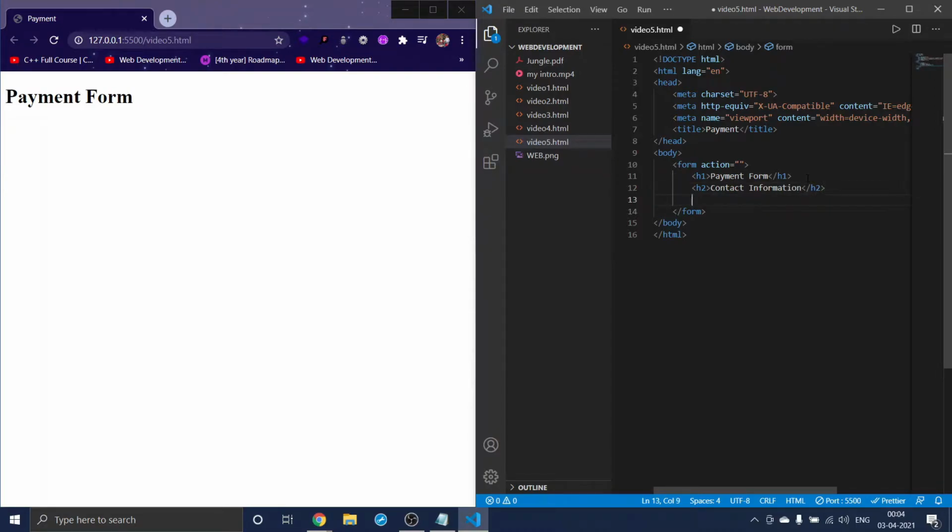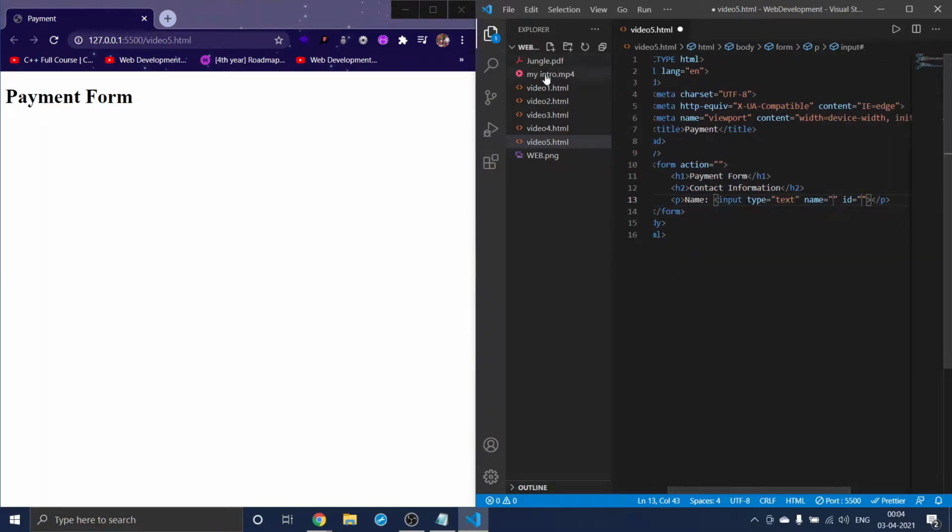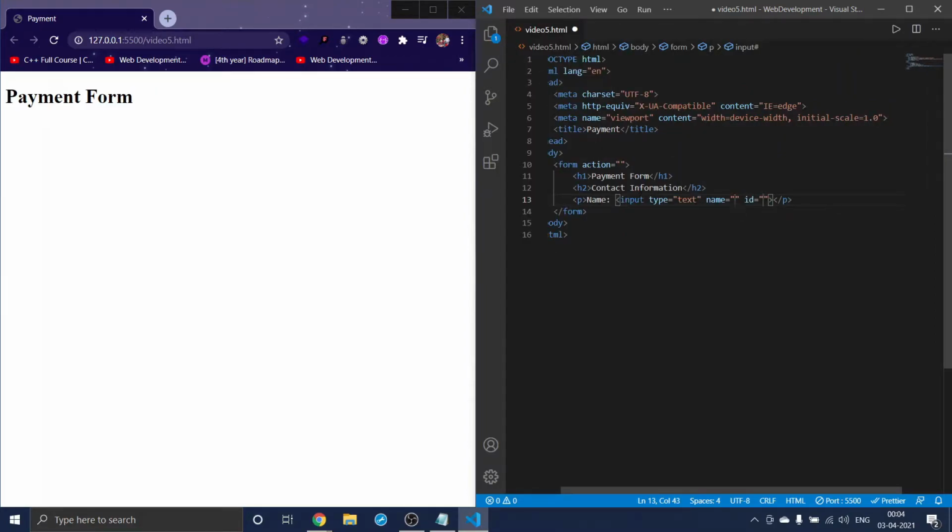and next I will use a p tag which is a paragraph tag, and in that I will give name, and here we need input, right? So for that name I'll give an input here which is of type text. So check this out, we got an input element which consists of an attribute type, and the type is text, and we got a name here as I told you about the name.